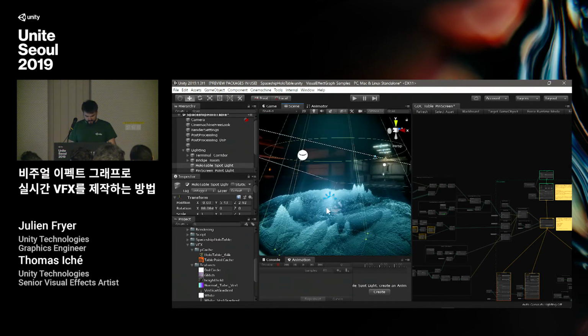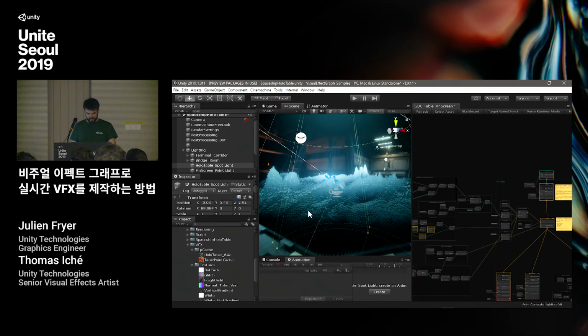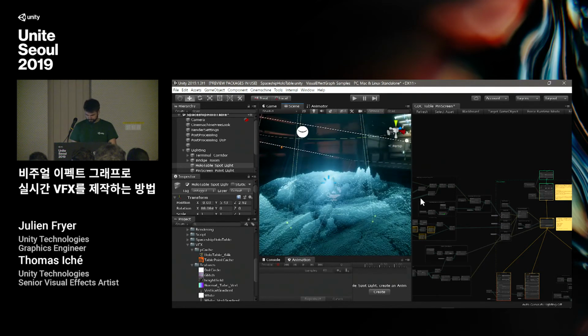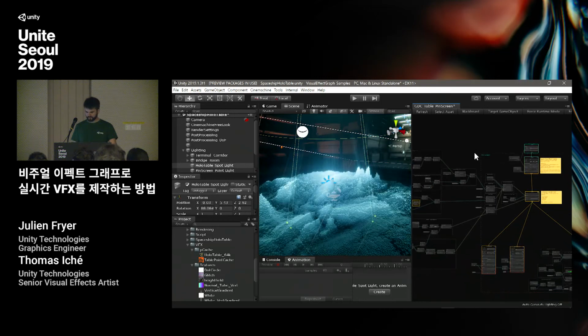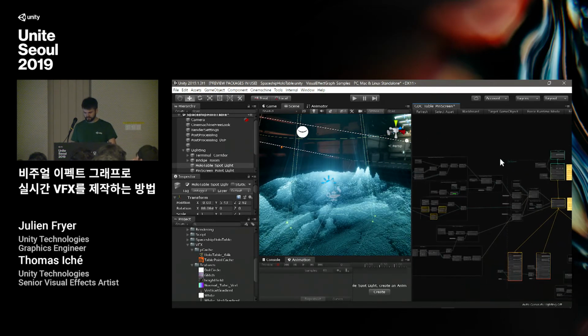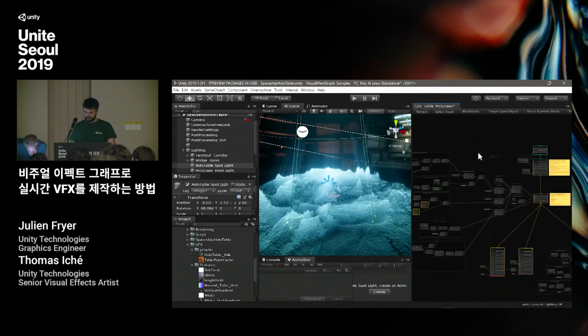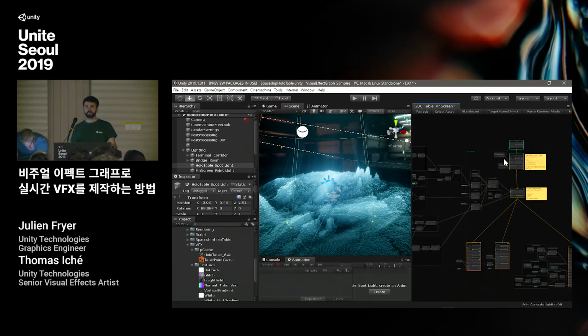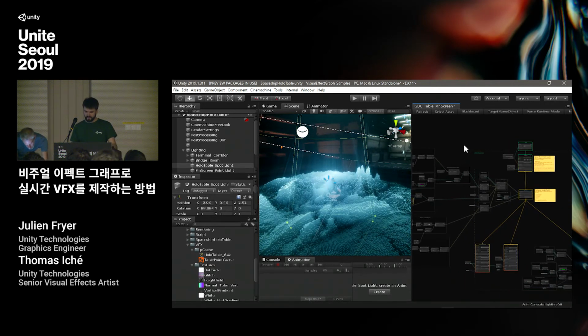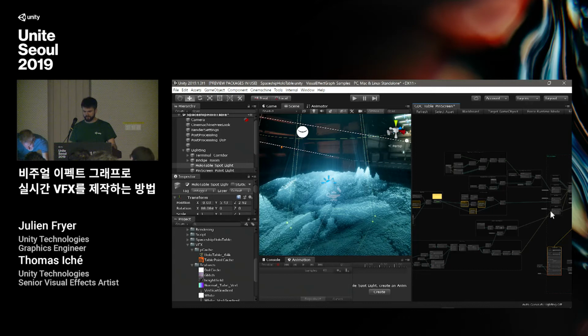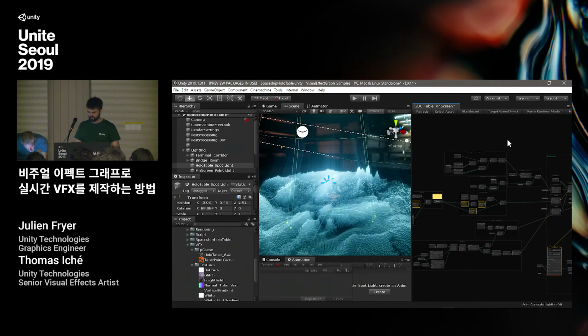For this effect, every particle is just one pin of this holographic table, and here on the right is the graph we used for this effect. It only contains one system, and it uses a lot of operators and math operations in order to perform this simulation.